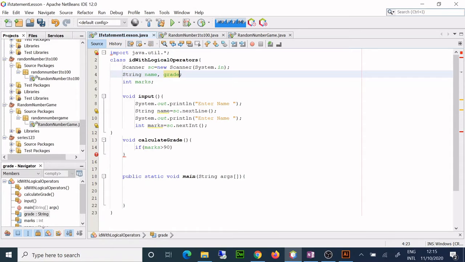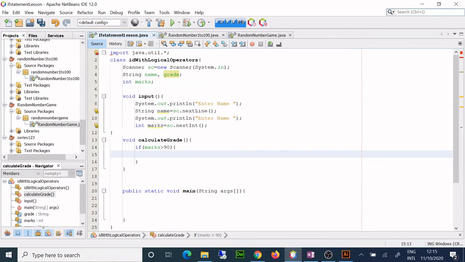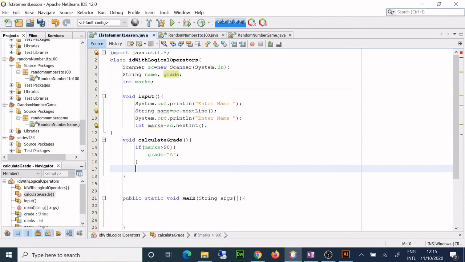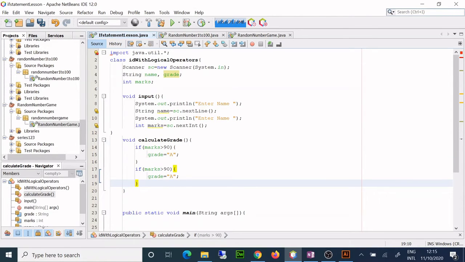Okay, if marks is greater than this, then I'll say grade is equal to A. Okay, semicolon, and then I did it before, so I will copy it, write it here, make it fast.